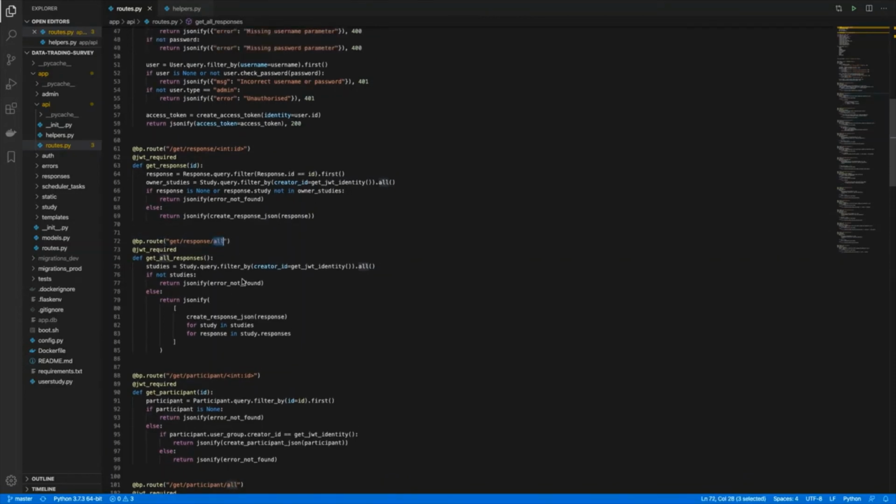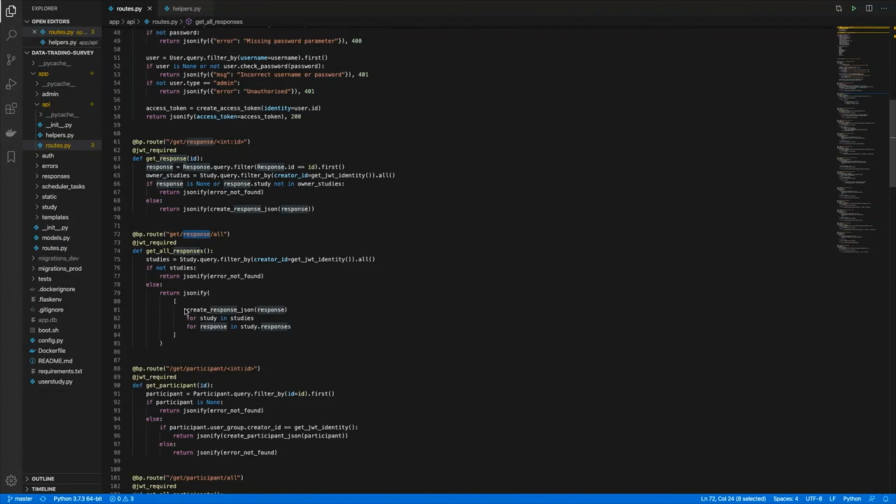So the all endpoints retrieve all of the tuples that you have created for the specific object that you're requesting. In this case, you're requesting all responses to all of your studies.